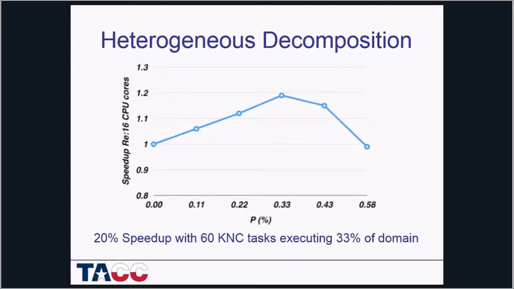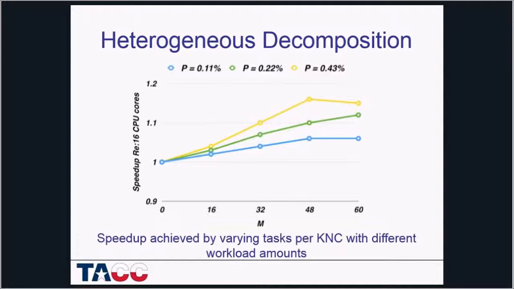You can see here, in this particular figure, we've got, again, vertical axis is speed up relative to 16 Sandy Bridge cores, and we're varying the number of MPI tasks this time, and each line represents a different amount of data that was offloaded to the card. In this case, the interesting one is the yellow line, which is 43% of the work transferred to the KNC. And you can see in this particular case, we can get almost 20% speed up, about a 15 to 16% speed up, using 48 tasks on the MIC,